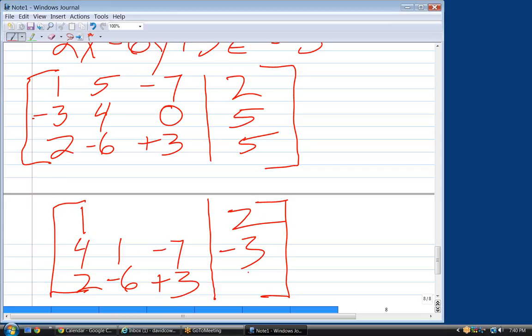And then whatever I have over here, to the right of the vertical bar, will be my answer for that variable. This will be the x variable, this will be the y variable, and this will be the z variable. So I have to do whatever manipulations are necessary in order to make that 0, to make that 1, to make that 0, to make that 0,